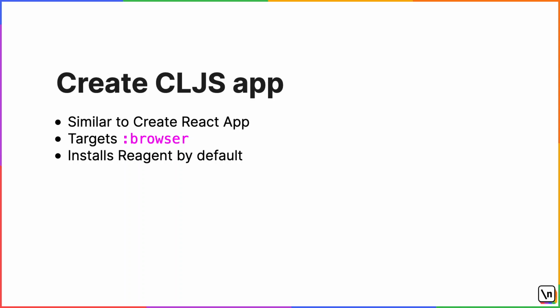In the default configuration, the project created by Create CLJS App targets the browser and includes Reagent, a ClojureScript wrapper for React. Our example so far only used the NodeScript target. The other notable difference is usage of a public directory instead of resources. This is a good way to get started once you understand the ecosystem and want to bootstrap projects quickly.